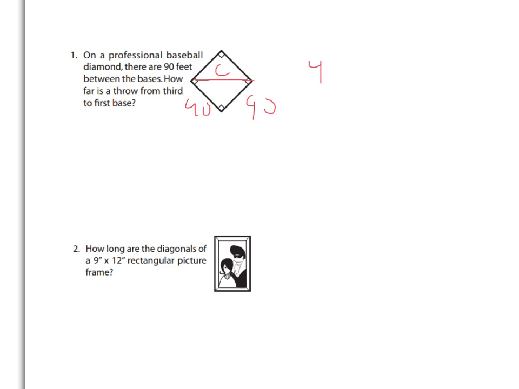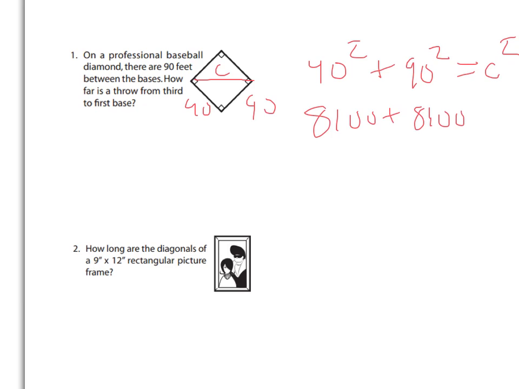So we're going to take 90 squared plus 90 squared, and that's going to equal C squared. So 90 squared is 8100 plus then another 8100 equals C squared. I add those two together because I'm going to solve the equation. So I get 16,200